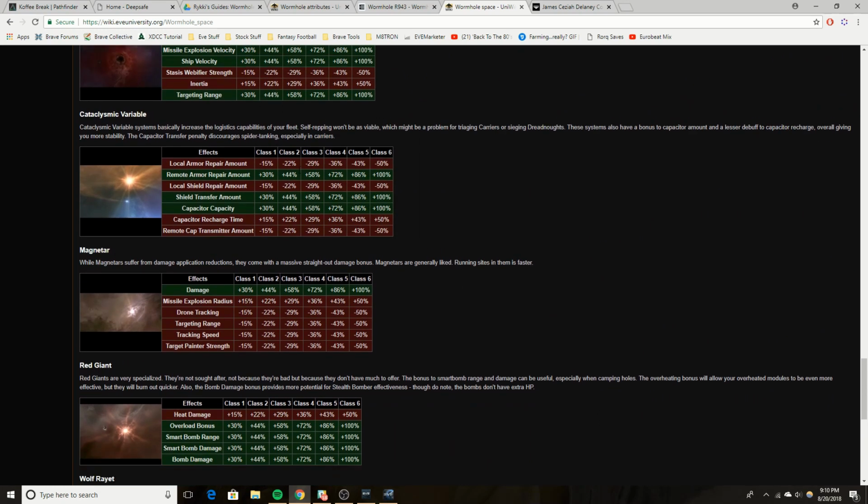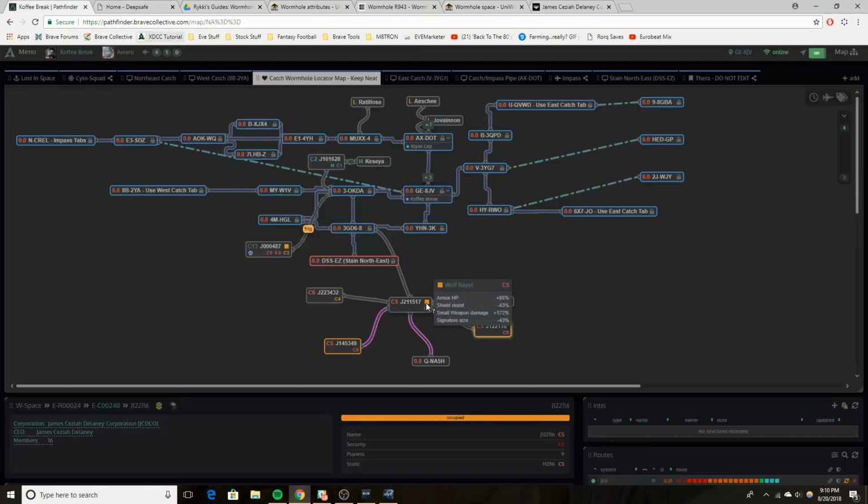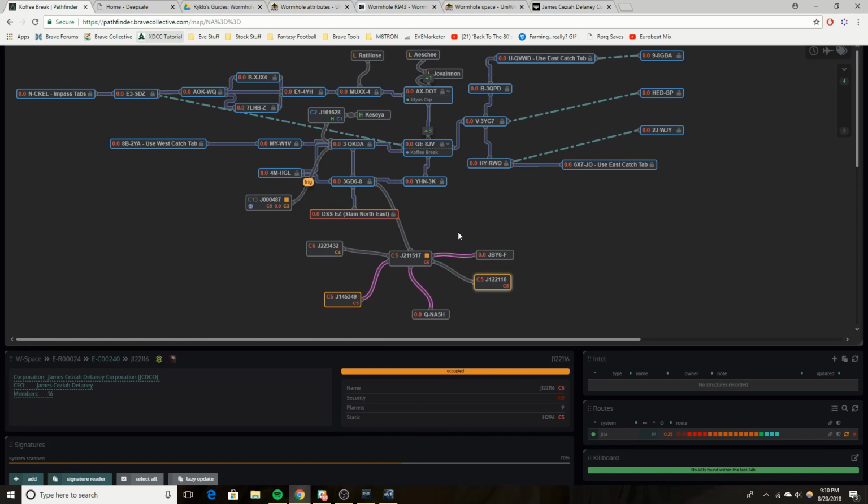Wormholes have different weather sometimes. You look at wormhole space in UniWiki here, which I brought up in advance. You can see what the different effects are for different wormholes, and they'll give you bonuses or penalties depending on which wormhole. And that you can see in Pathfinder. I forgot about that earlier. Like in this little colored square next to the name of the wormhole. So you can see this, the C5 that I mapped out,